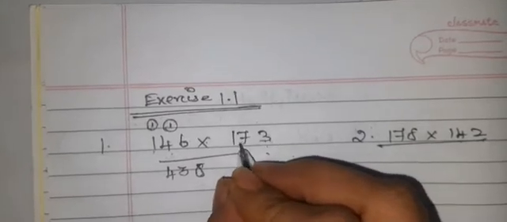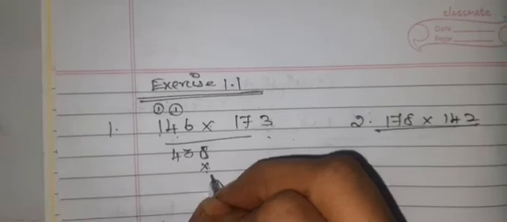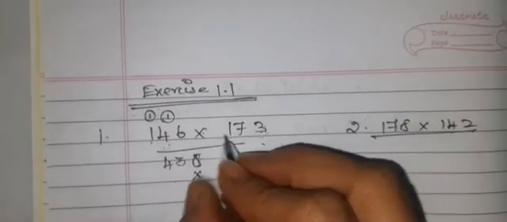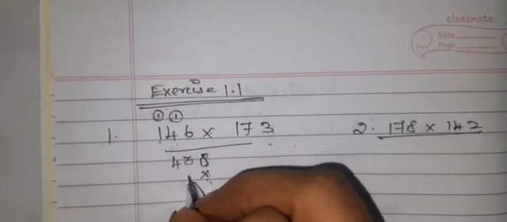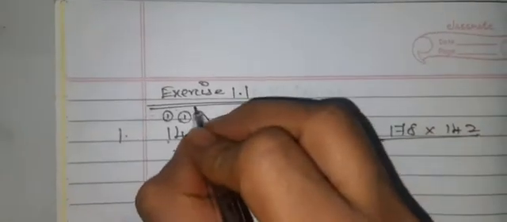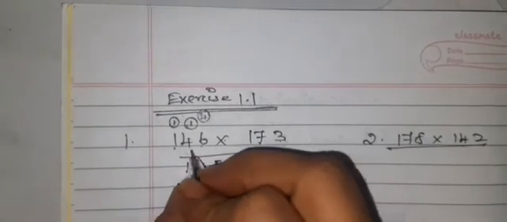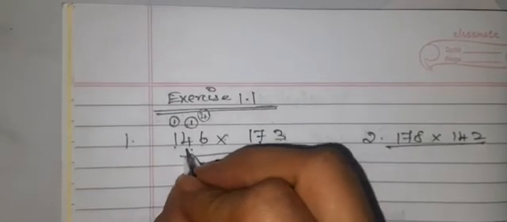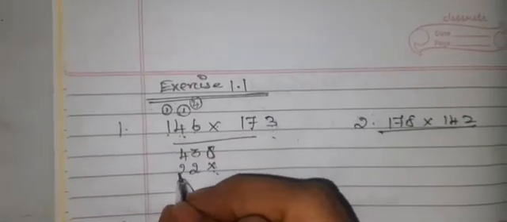Now you're going to multiply the tens place value. Put a multiplication symbol below the units place value, and start writing the product of 7 multiplied with 146 in the tens place value. 7 6s are 42. Take the carry over to the tens place. 7 4s are 28. 28 plus 4 is 32. Write 2 here and take the carry over to the hundreds place value.